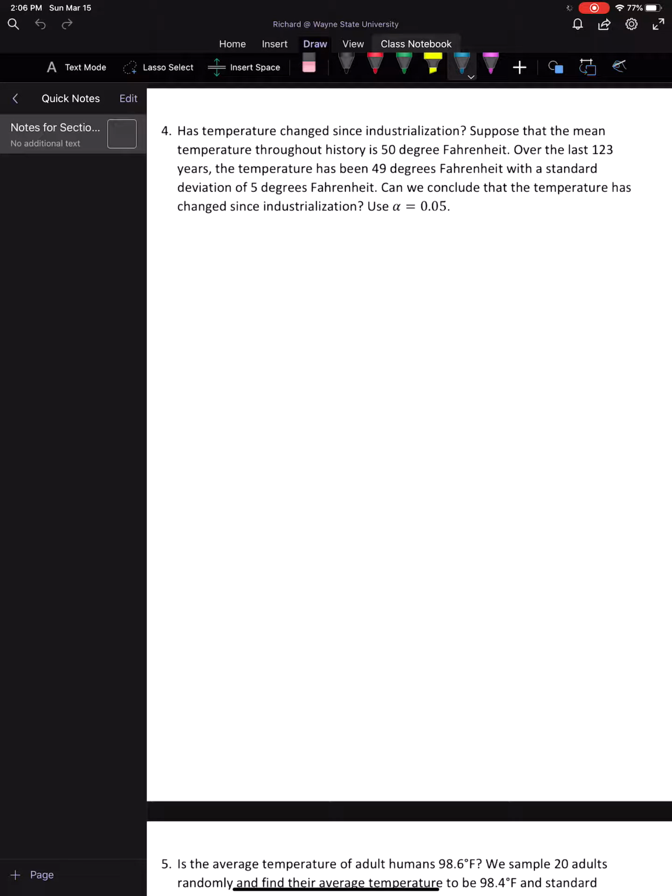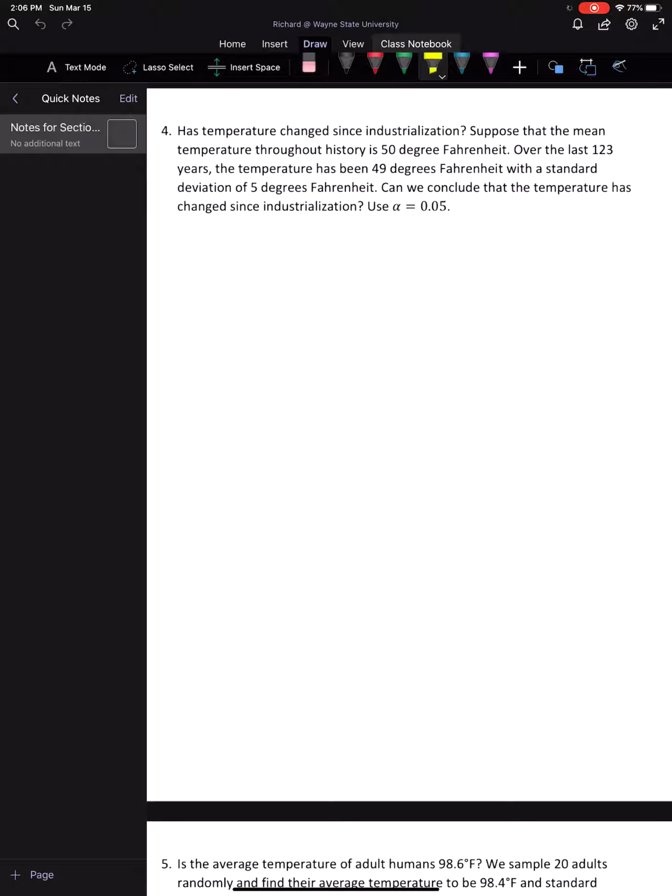So this one says, has temperature changed since industrialization? Suppose that the mean temperature throughout history is 50 degrees Fahrenheit. Over the last 123 years, the temperature has been 49 degrees Fahrenheit with standard deviation of 5 degrees Fahrenheit. Can we conclude that the temperature has changed since industrialization? Use alpha is 0.05. Okay, so again, we have to be able to tell whether or not this is a